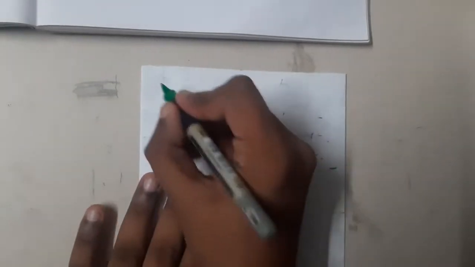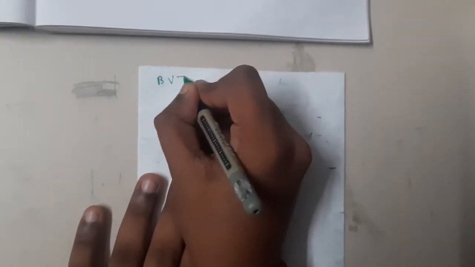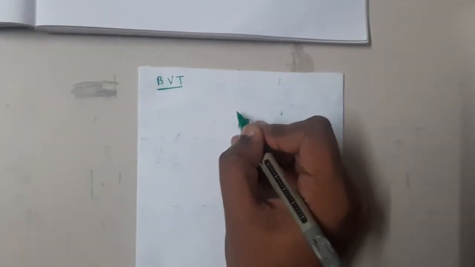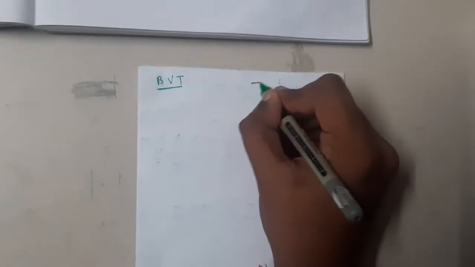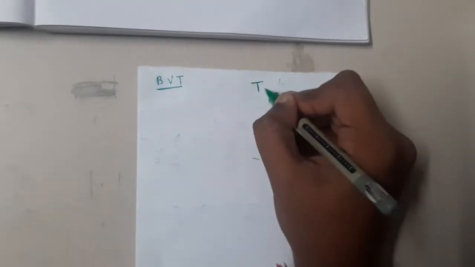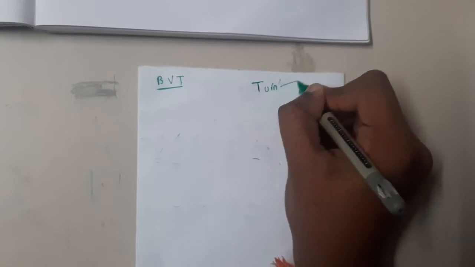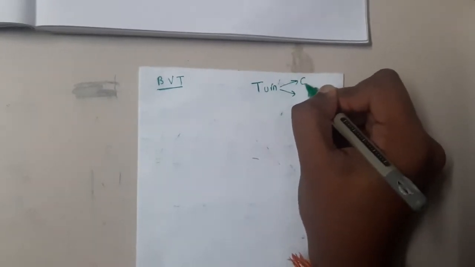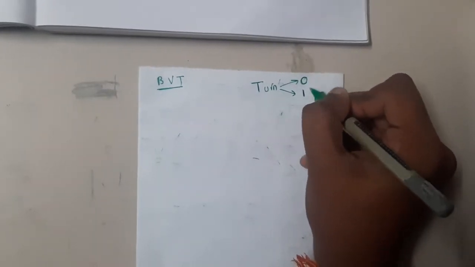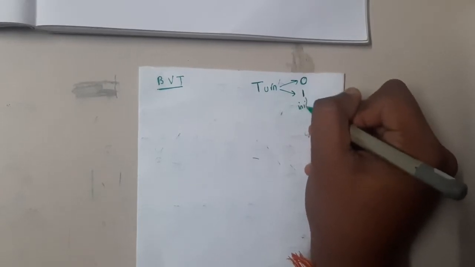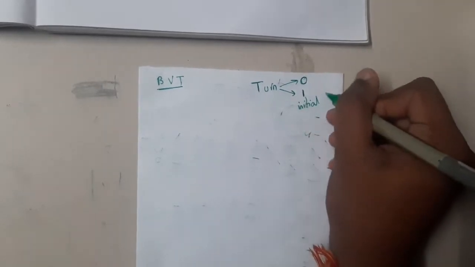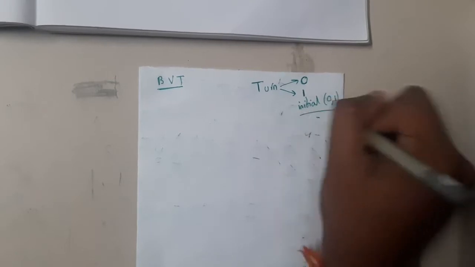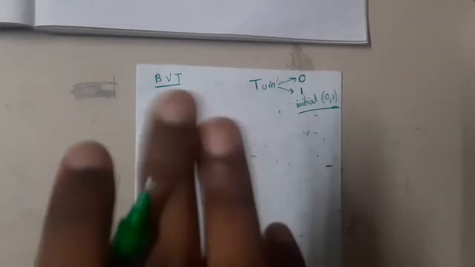So what the boolean variable turn says is, we are going to create a boolean variable turn. If you recall, what is a boolean variable, guys? The value might be 0 or the value might be 1, right? And the initial value of this turn is undefined. So it could be 0 or it could be 1 based on your interest. You can keep any number as per your interest.